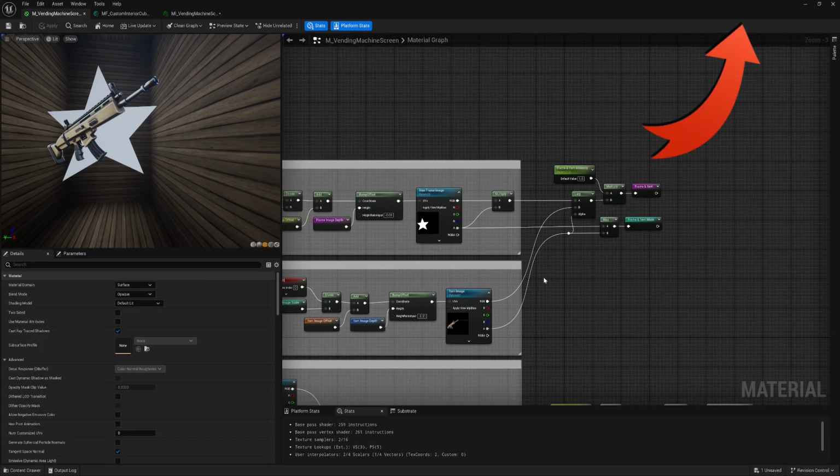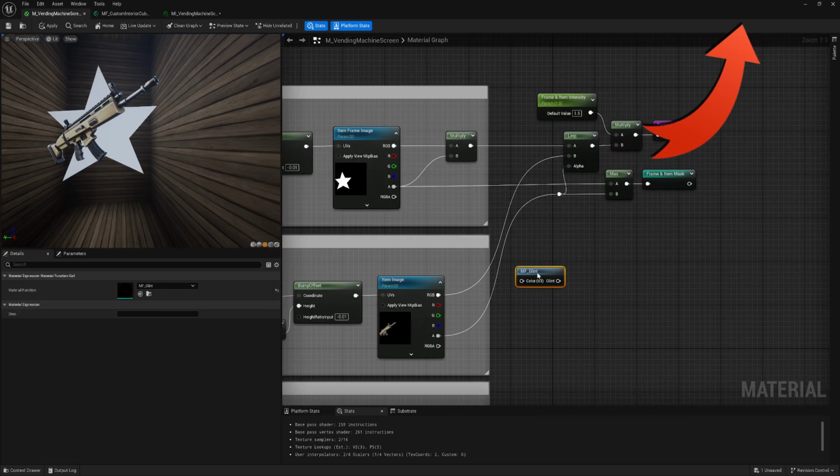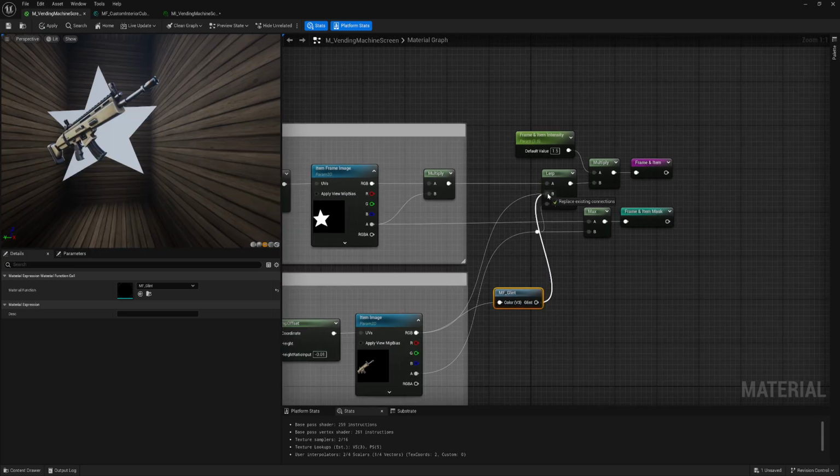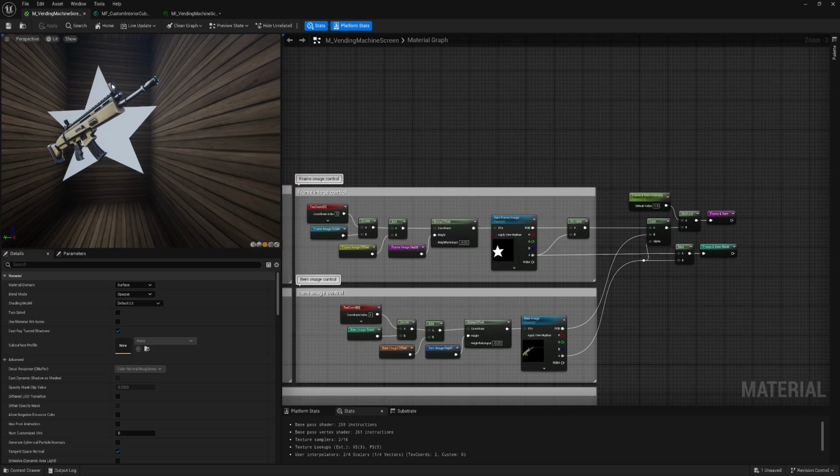We can add our glint now. So I can grab this weapon and connect it like that, and it automatically has it there. I want to add a gradient for this background image.